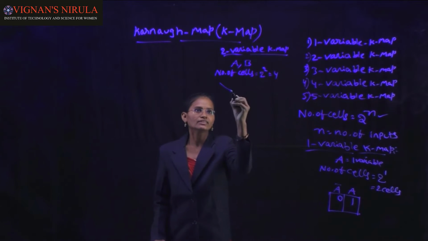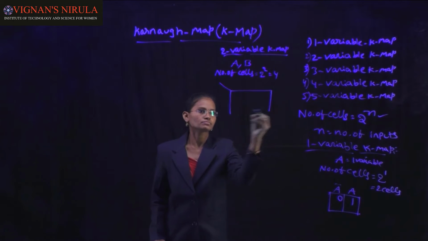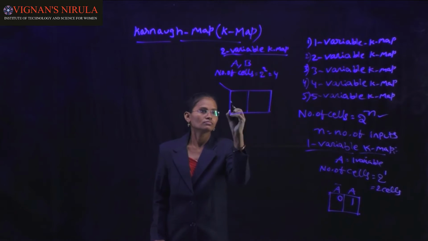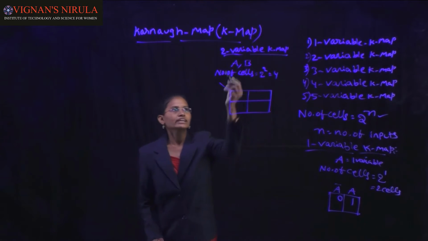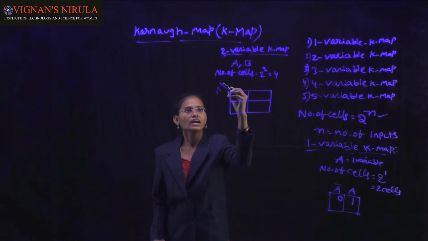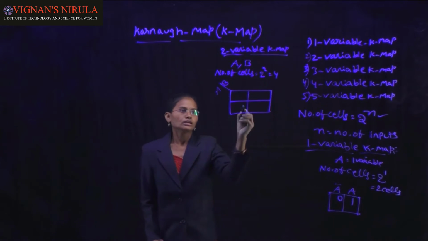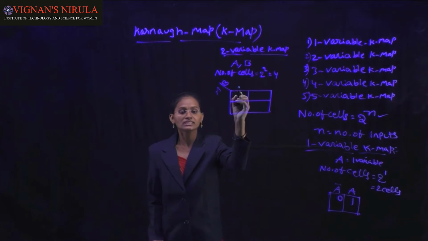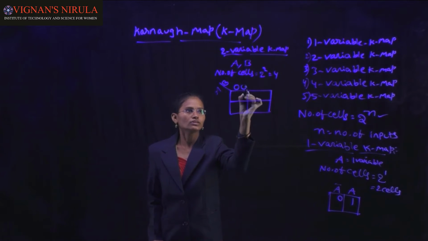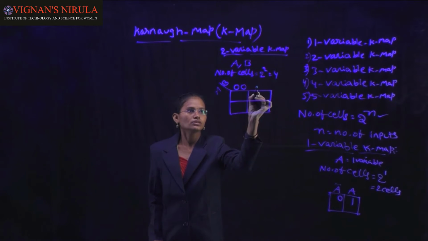We can draw the 4 cells. Here we consider the input variables A and B, with the gray code indication 0, 0, 0, 1,